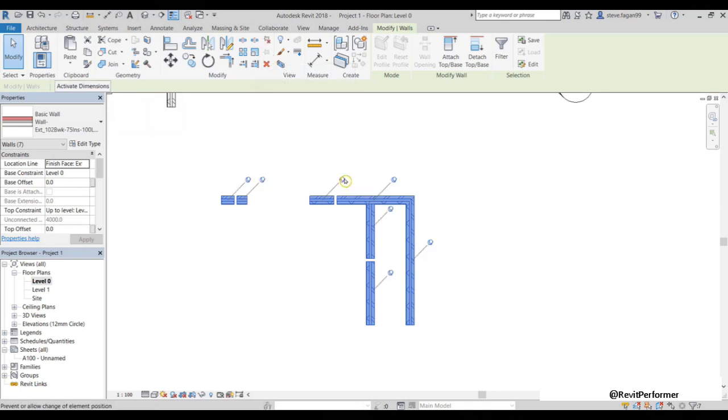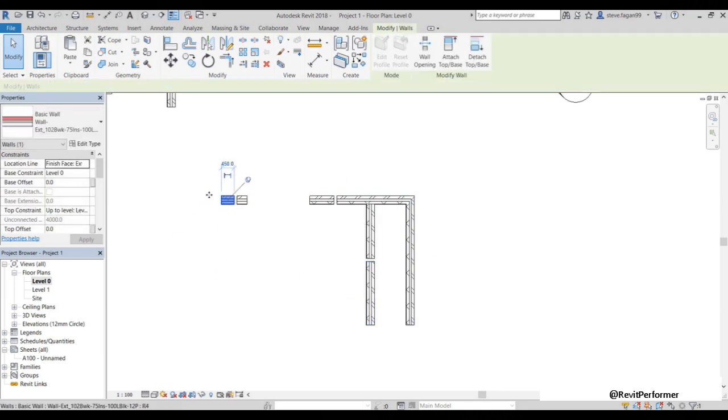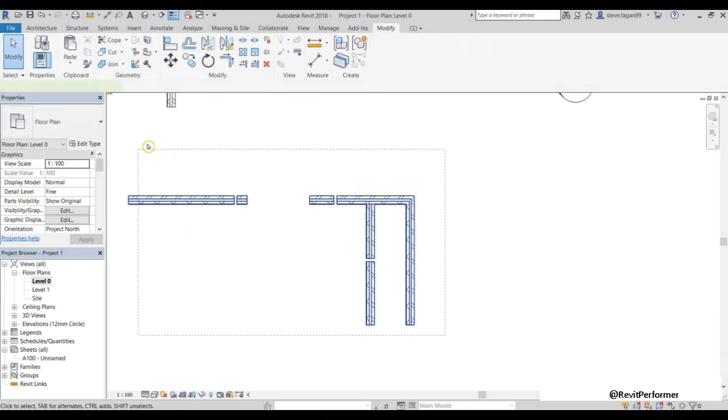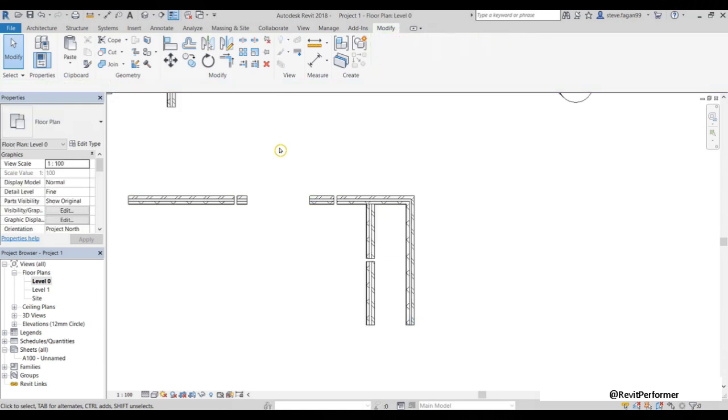And you'll notice each segment now has its own little pin. So when I click and try to drag, I can't. To unpin, it's quite simply clicking on that little pin. Then I can adjust and then I can repin. So I'm going to unpin what I've drawn to move on.